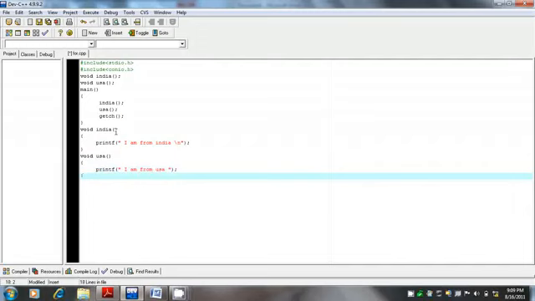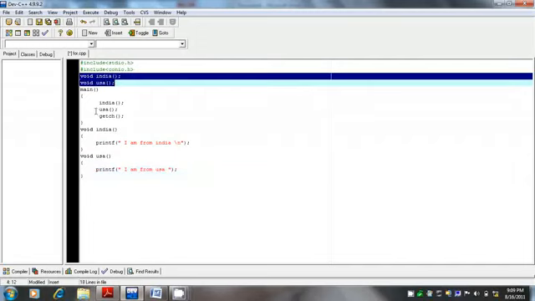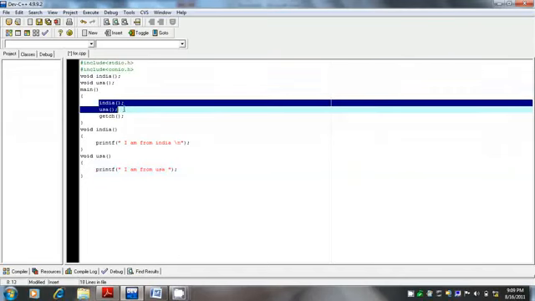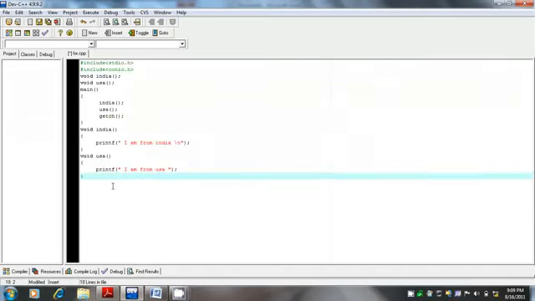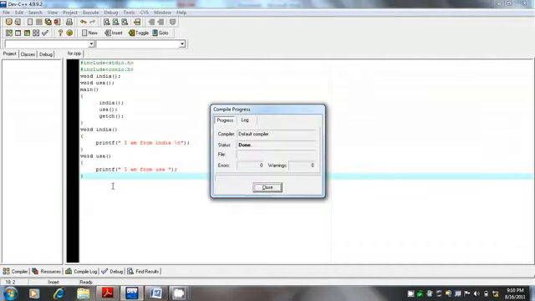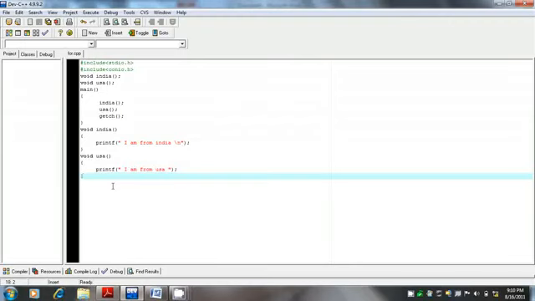This thing close, the program is complete. This is called function declaration. This is the place we are calling the function, and this is the function definition where the actual coding of the function takes place. So compile the program, Control F9. It says 0 errors.